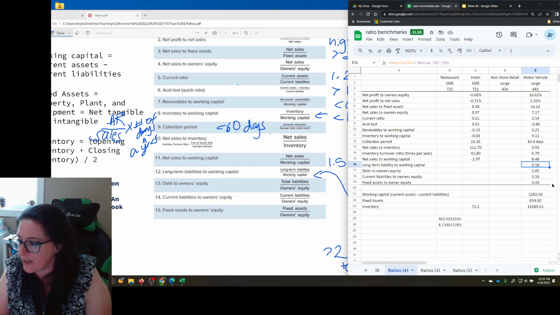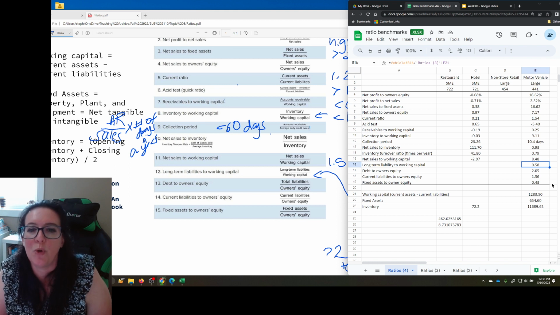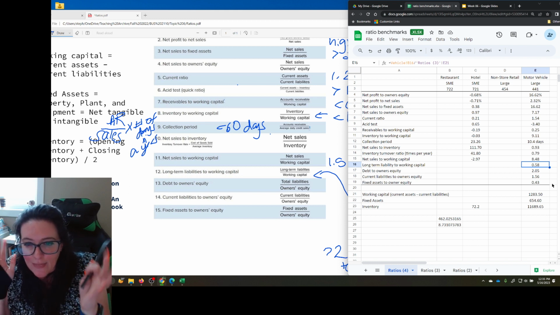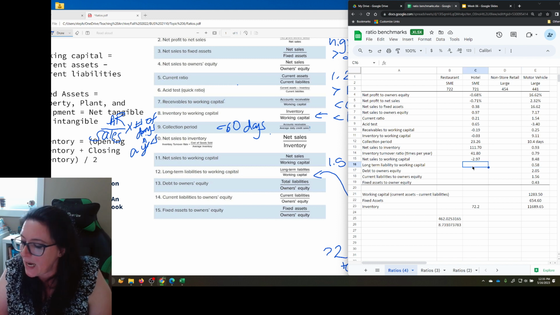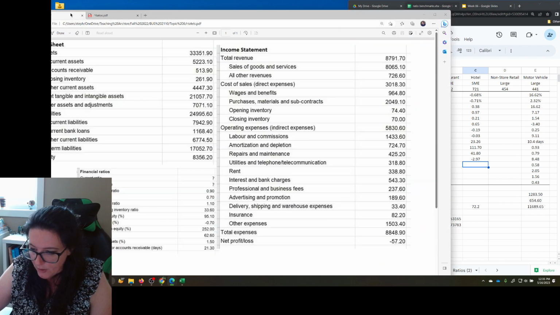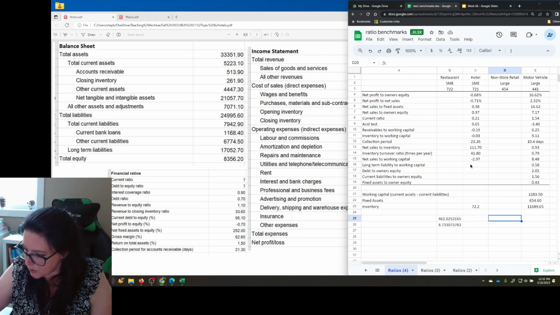Here we have motor vehicles, and you can see them at 0.5, so just kind of below that benchmark of being too dependent on short-term funding, right in that range that we determine is appropriate. And then let's look at the hotel industry. What does their long-term liability to working capital look like? So we're looking at long-term liability now. Previously, we've been looking at current. So long-term liability here is